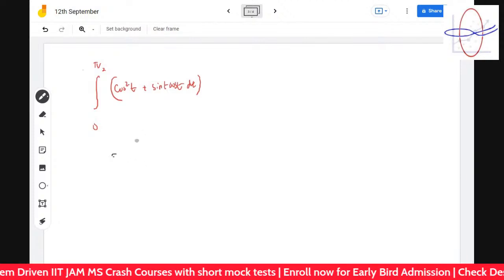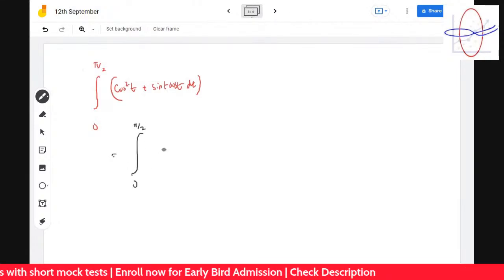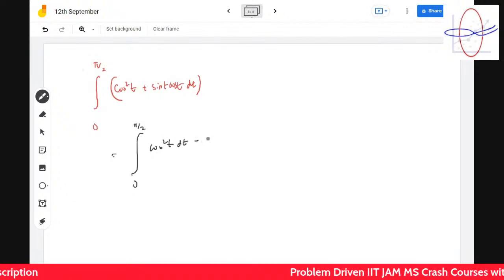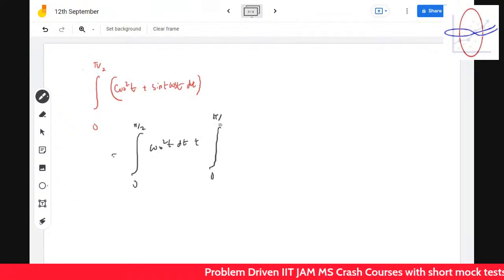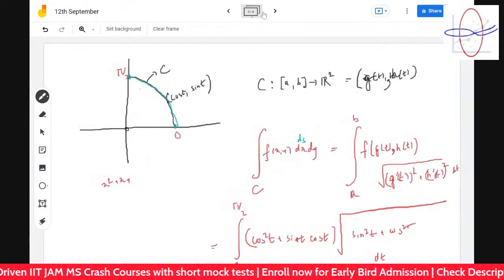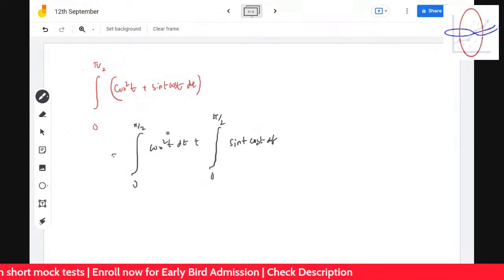It's really easy. So we do integration 0 to pi by 2 cos square t dt plus integration 0 to pi by 2 sin t cos t dt. Now observe one thing, that sin t, cos t are all, if you can take